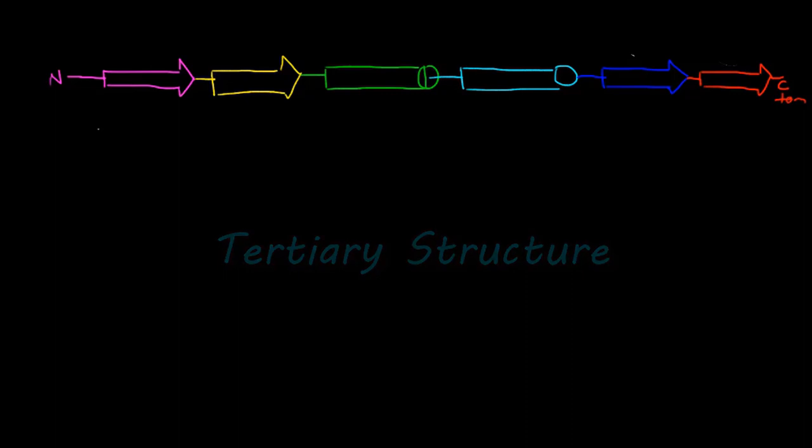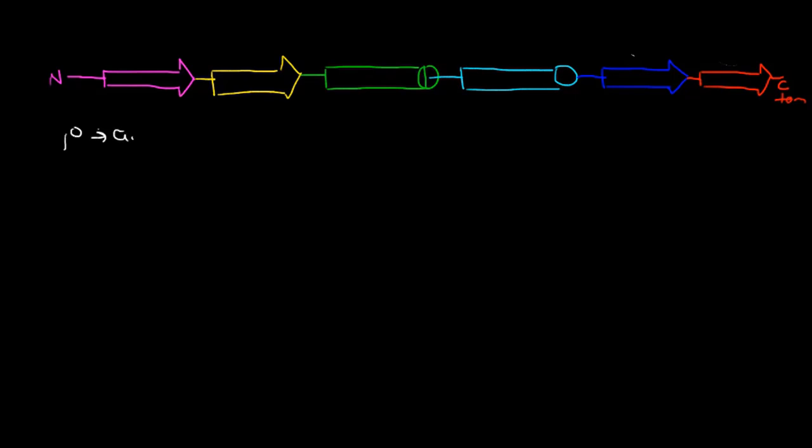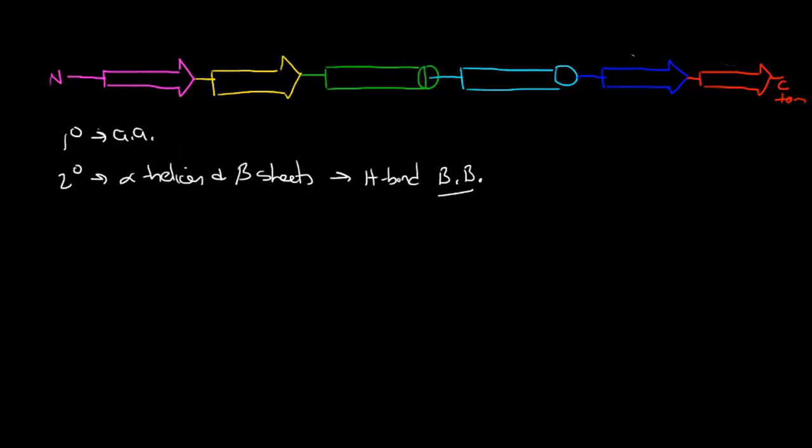Earlier in this unit, we talked about the 3 levels of protein structure. Primary structure is all about the amino acid side chains and the order of amino acids within a polypeptide chain. The secondary structure are our alpha helices and beta sheets. And these, we learned, were held together by hydrogen bonding within the backbone. So BB here for backbone. Okay, and the third level, which we're going to focus on in this video, is our